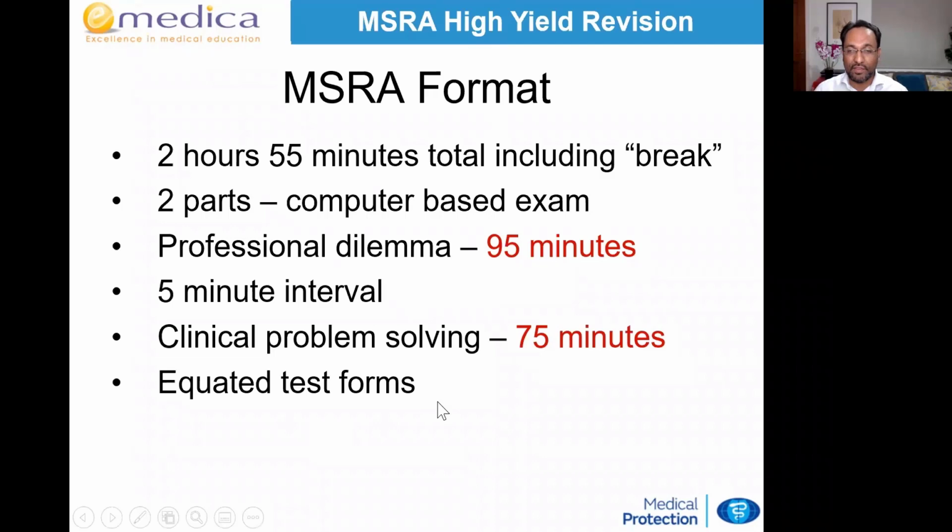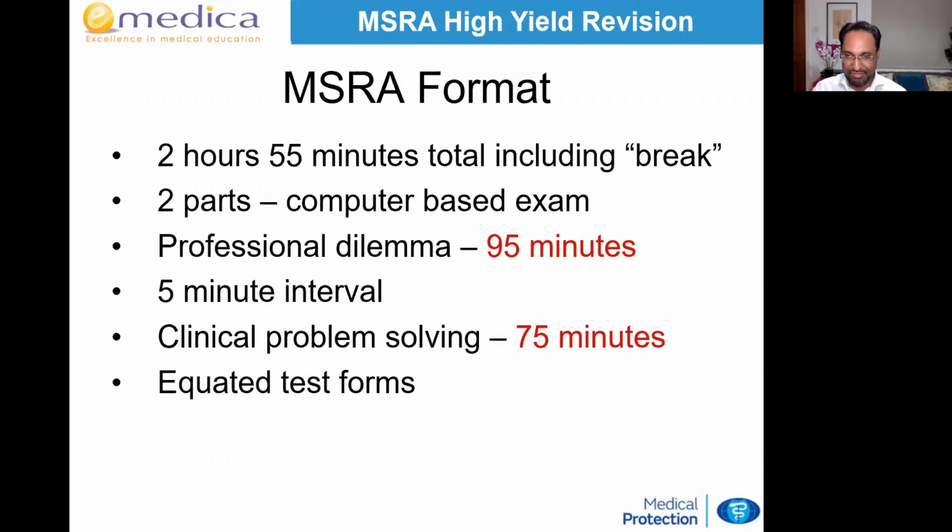And there's multiple equated test forms. What does that mean? Well, the person sitting next to you on the same date in the same center may have completely different questions to you, because when you press start, you'll be randomly allocated one of multiple different versions of the exam. That's because the exam's running over a week period, right? If they had the same questions on the second, third, fourth, fifth, sixth day, you see, towards the end, some people might feel that there's an unfair advantage, that some people have found out some of the questions from those that sat it early. Okay, so even on the same day, in the same center, you'll have different questions to the